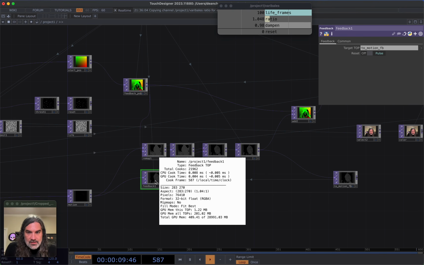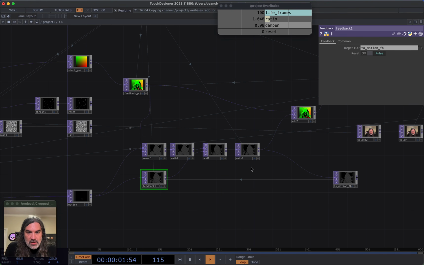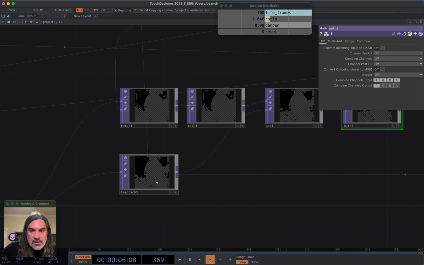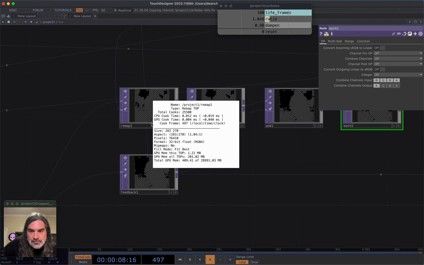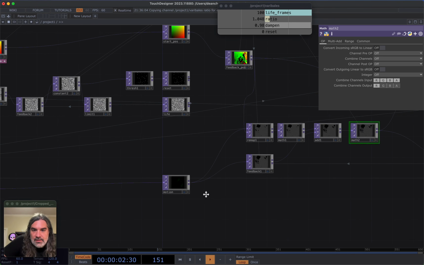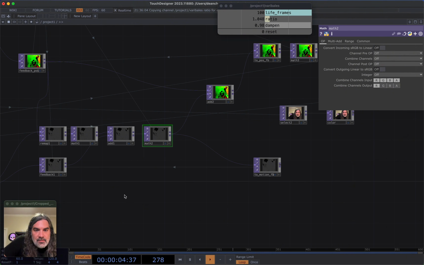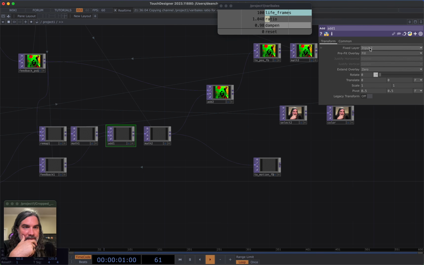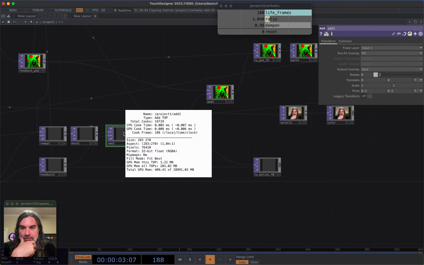This feedback is likely the culprit. Or this math, let's see. So I need to make sure that this is the same. This needs to be the same number of pixels. Okay, this add is where we're going to, there we go. So that input needs to,